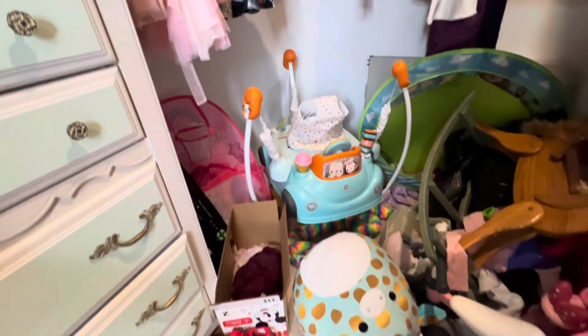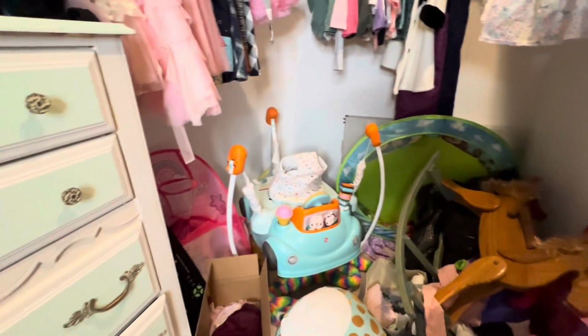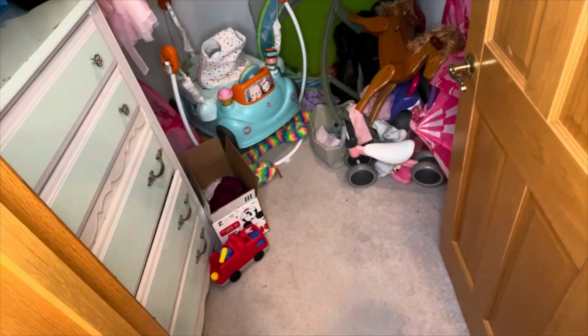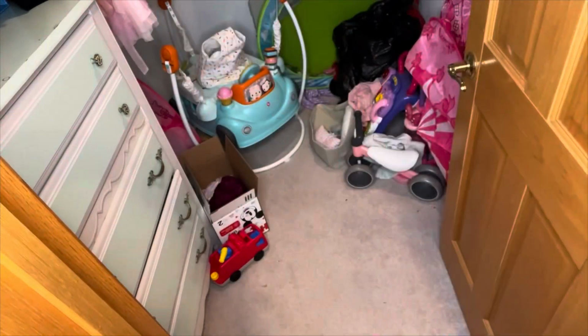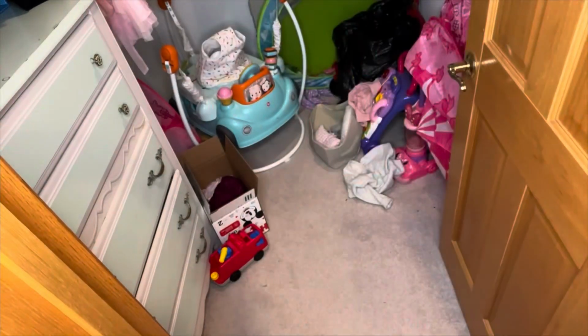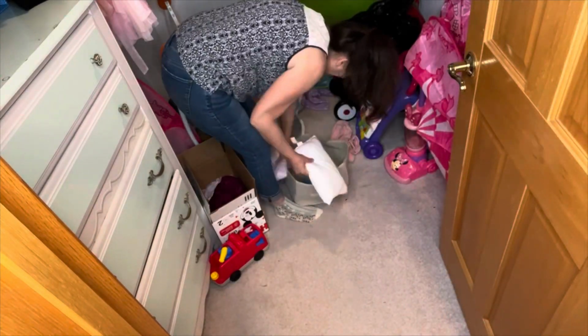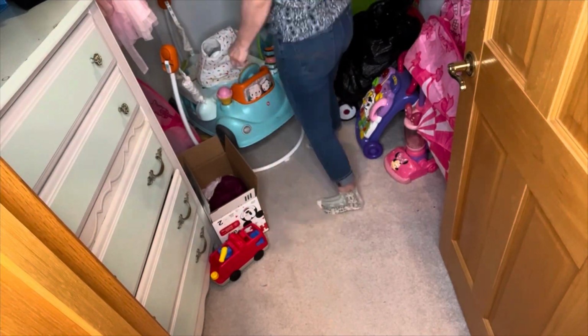So I think what we're going to do first is find the floor, because then that way we can also see what all more we have to find room for. I started out by just taking the big giant stuff out and then seeing kind of what was left. There were just a few little things on the floor that I hung up, and